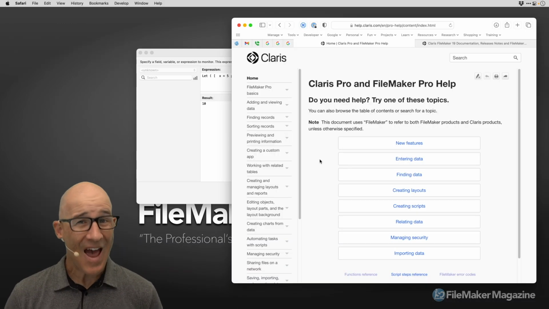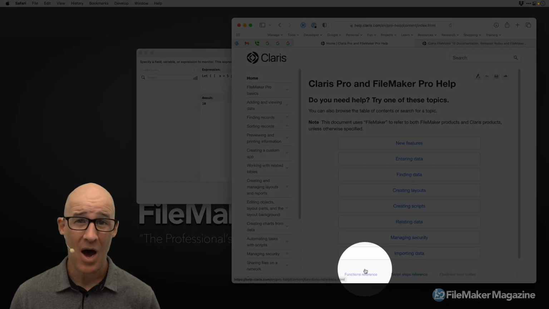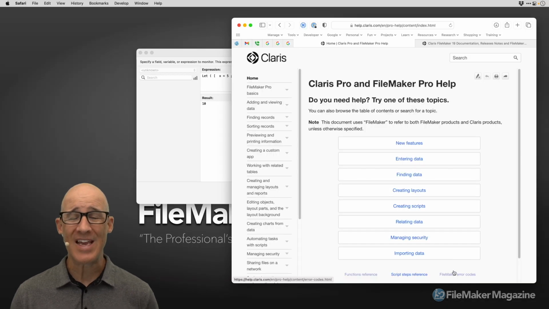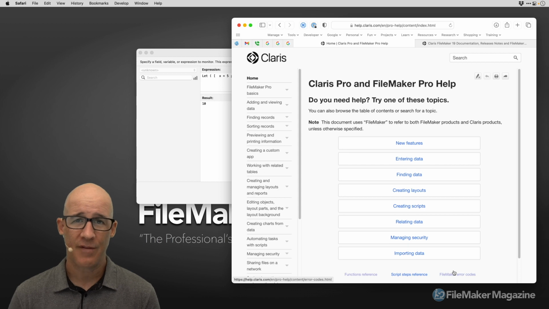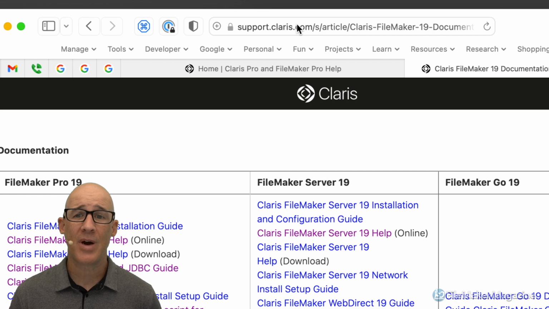Okay, so having access to the documentation, especially while you're learning, is super helpful. Clicking on the main page of the help, it used to be that down here at the bottom of the help, there used to be a link in order to download FileMaker's help. Well, as of FileMaker 19, Claris decided to change that. You actually have to go to a page on Claris's website. Now, the URL may change, but it's at